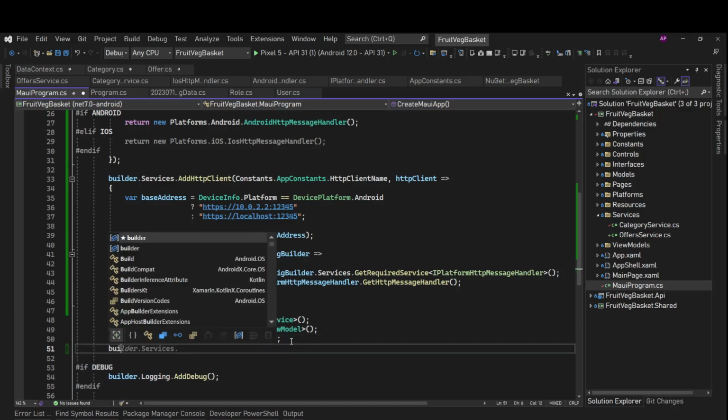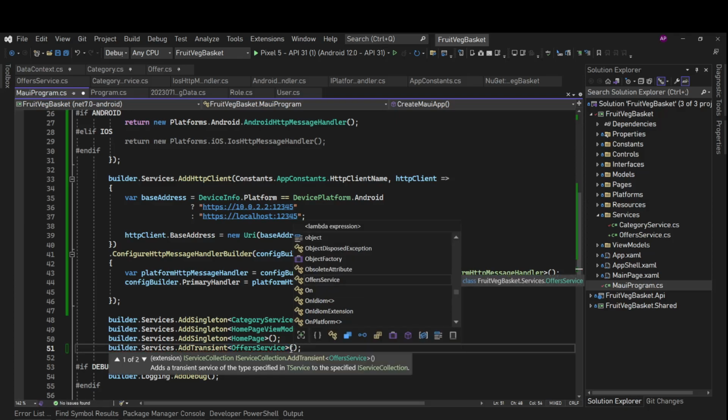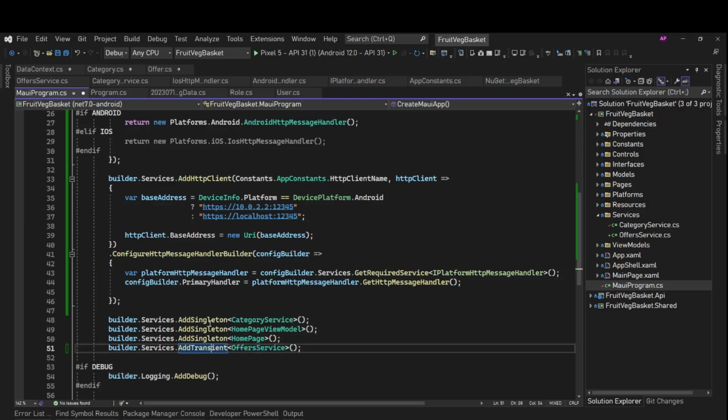So here we'll simply register builder.Services.AddTransient, and we'll say OfferService. The lifetime does not matter here, but if you want we can have it as singleton also. But because we are using these offers only on the home page, we are not actually utilizing the complete offers functionality, so it should be good.